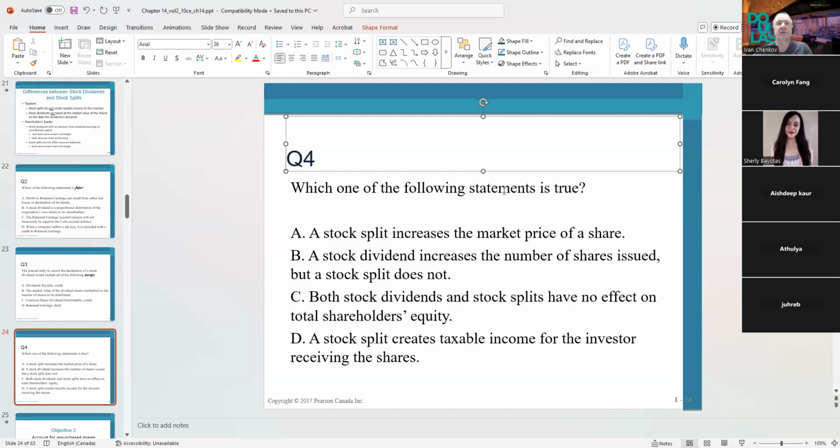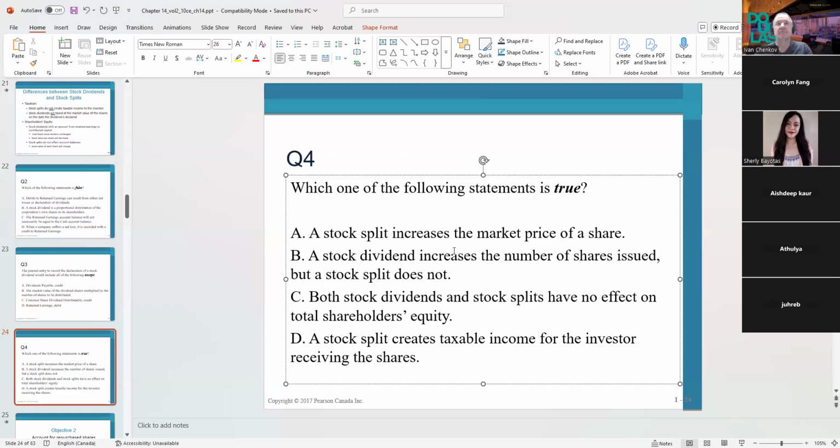Which one is true here? Let's go with the first one. Stock split increases market price of shares. Is that true? No. What's going to happen when we do a stock split? What's going to happen with the market price? Most likely it's going to go